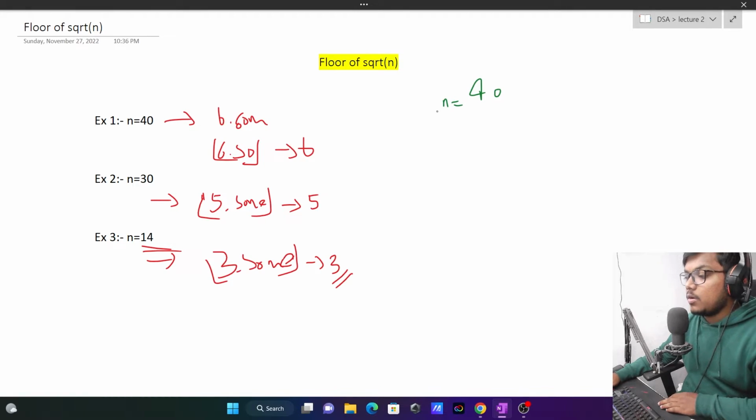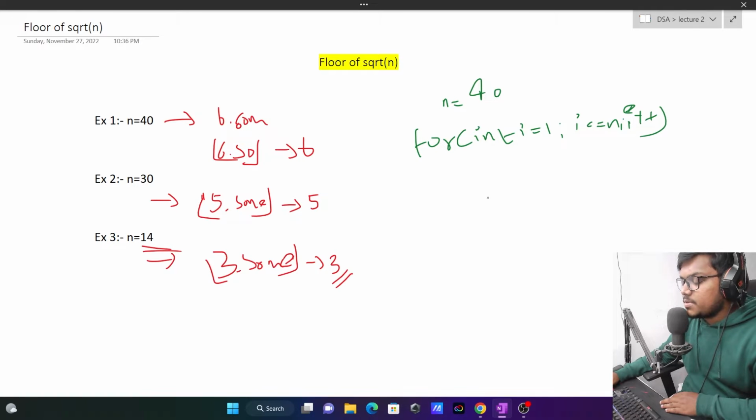Now what I am saying is, we will run a loop: for int i equal to 1, i less than or equal to n, i plus plus. Then what I am saying here is, if i into i is less than or equal to n,